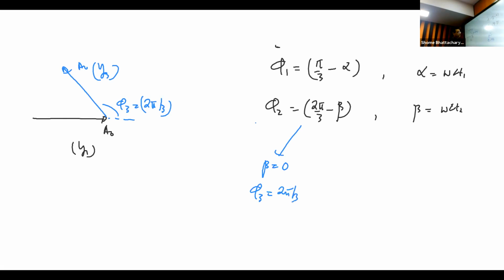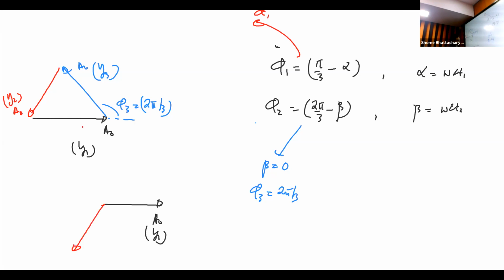Then what should happen to complete my destructive interference or zero amplitude? My phi2 should be like this. Or rather my phi1 should be like this. So how much should phi1 be? Let's compare these two phasors, the one coming from the first one and the second one. If this is the phasor from the first one, in comparison, this one is here.